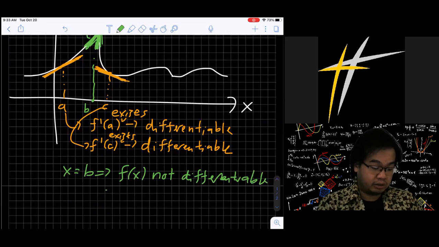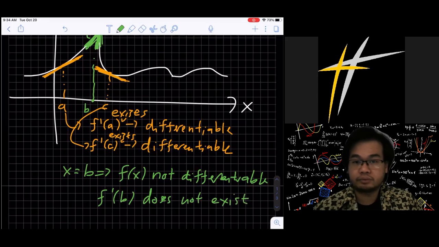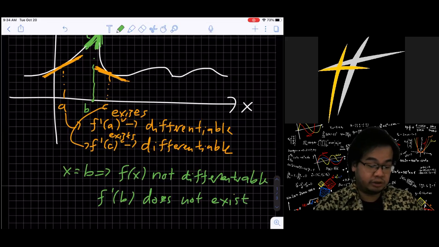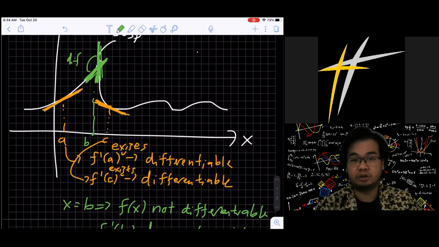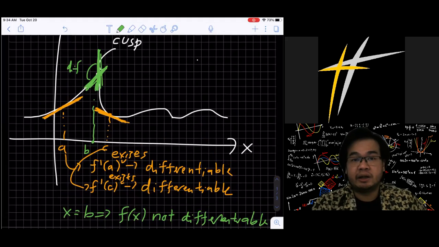Why? Because f prime of b does not exist. Okay. So when x equals b, the function is not differentiable because the slope of the tangent line when x approaching